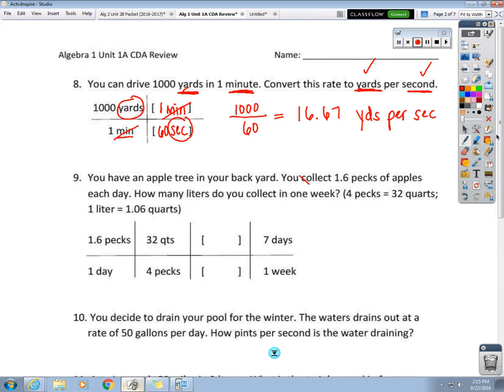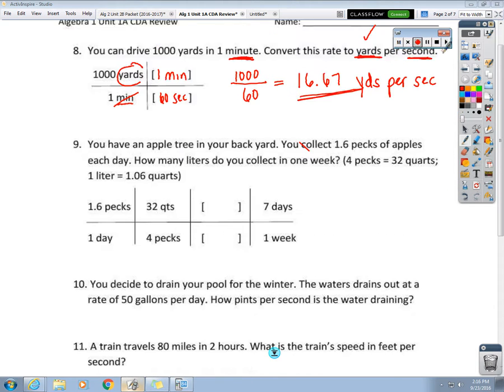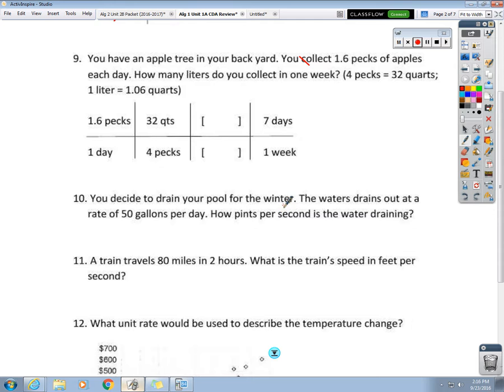Okay, number 9. Number 9, you have an apple tree in your backyard. You collect 1.6 pecks of apples each day. How many liters do you collect in 1 week? Okay, so you'll see that they've given us the information in pecks per day. But they want the information in what? Liters per week. So not only do we have to change over days to weeks, we also have to change